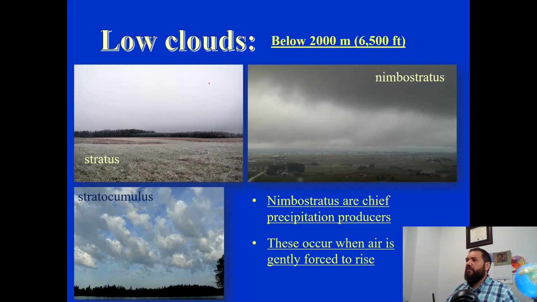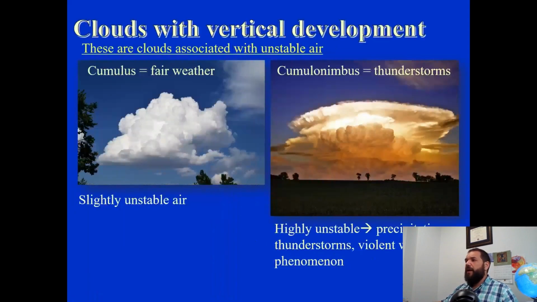Nimbostratus clouds are what you get when you get a warm front coming in and you get stable air, and it's kind of a rainy, cloudy day, right? Whereas cumulus clouds are clouds that form from unstable air. Okay, so these are the thunderheads, right? Highly unstable, and you get especially